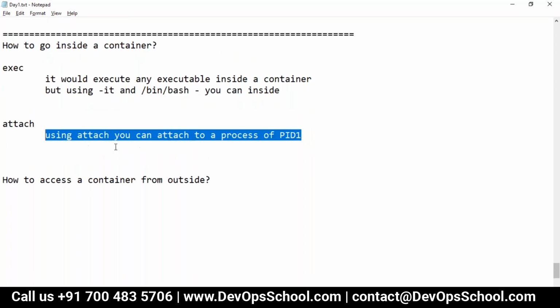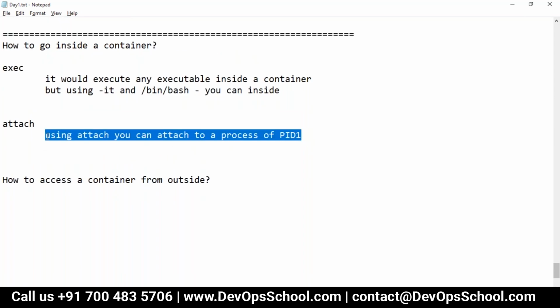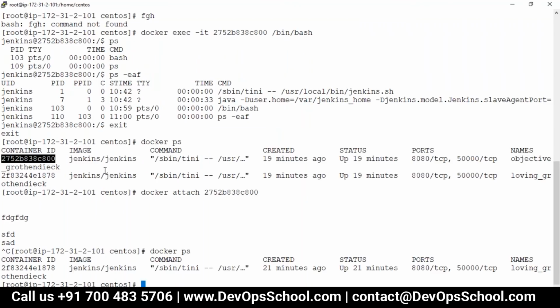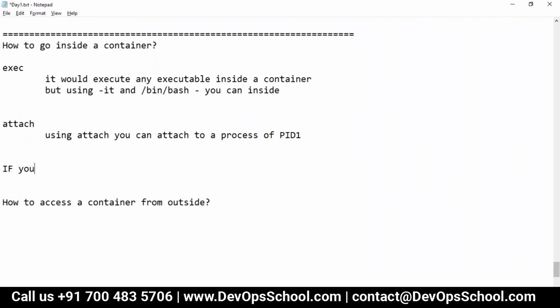Got it. So once you attach, can you detach, or does it just exit? Yes. So the question you should have, if you attach, I'm putting the condition, guys. If you attach to